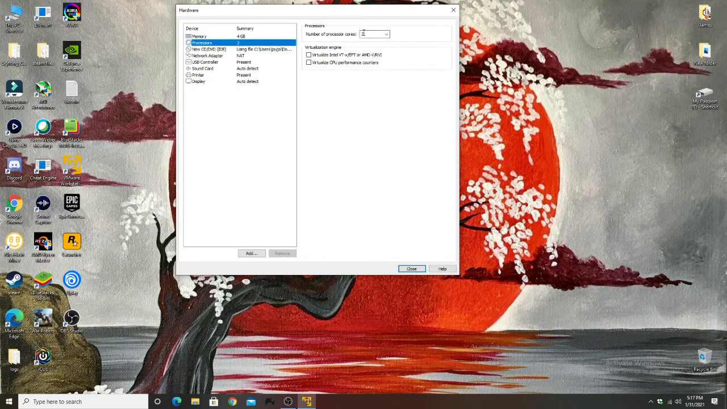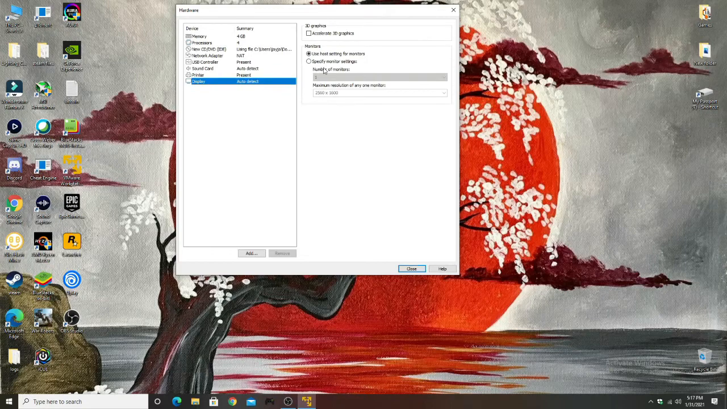I got it. Why not? I'm gonna put, for cores, let's put quad core, use half of that. We're gonna enable both of these. And then, is there anything else? Display, auto detect,